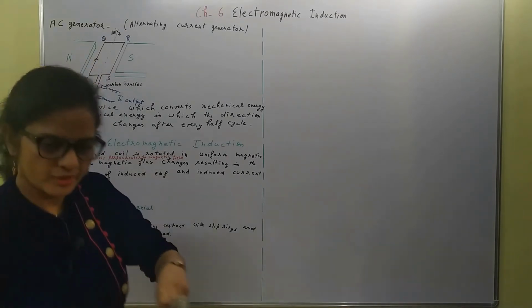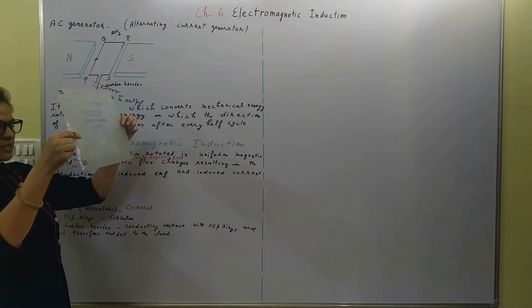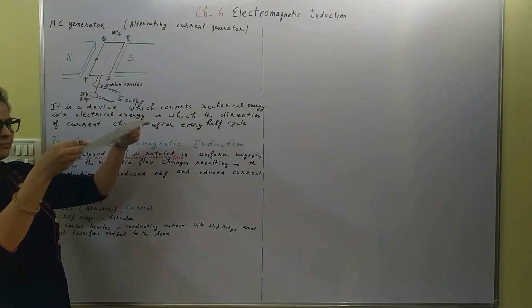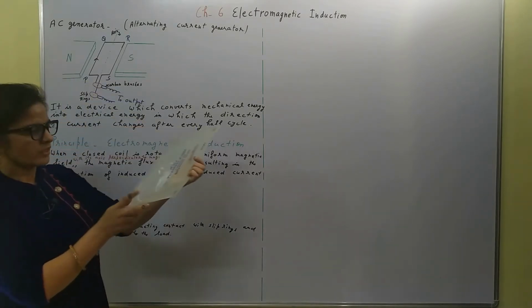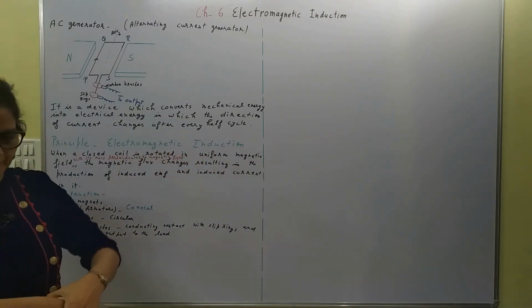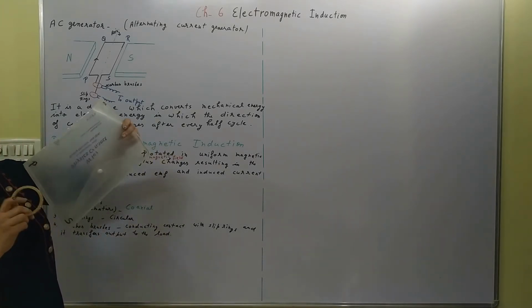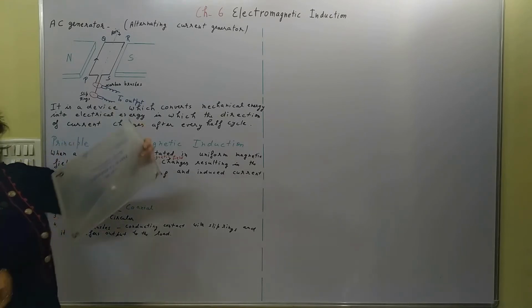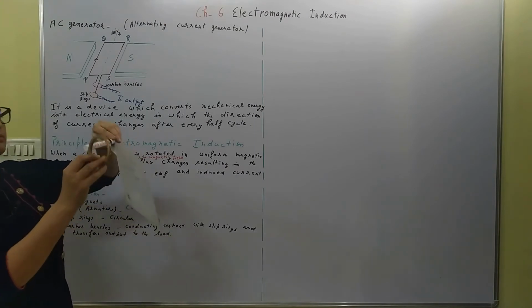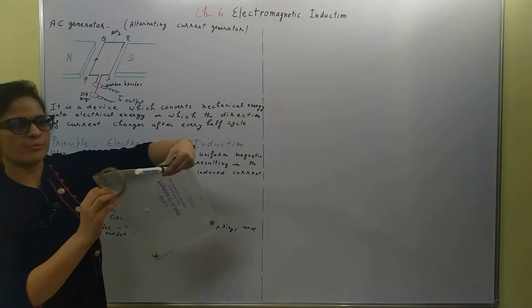Now if it becomes vertical, initially it was moving this way, now it becomes vertical, and due to inertia it again becomes like this. Now look at this, this is attached to the slip ring, right? Suppose this end is attached to the slip ring, so when it is moving this way, now it is moving this way, this is still connected to the slip ring. I hope you are getting it.